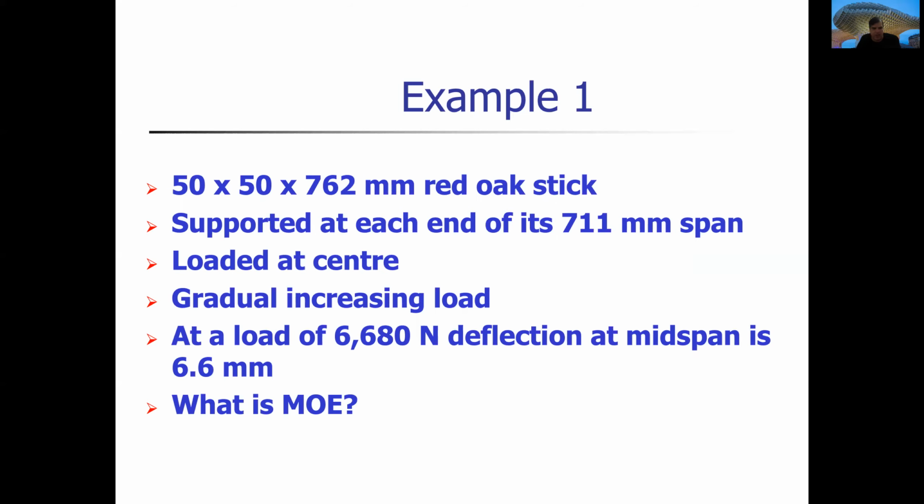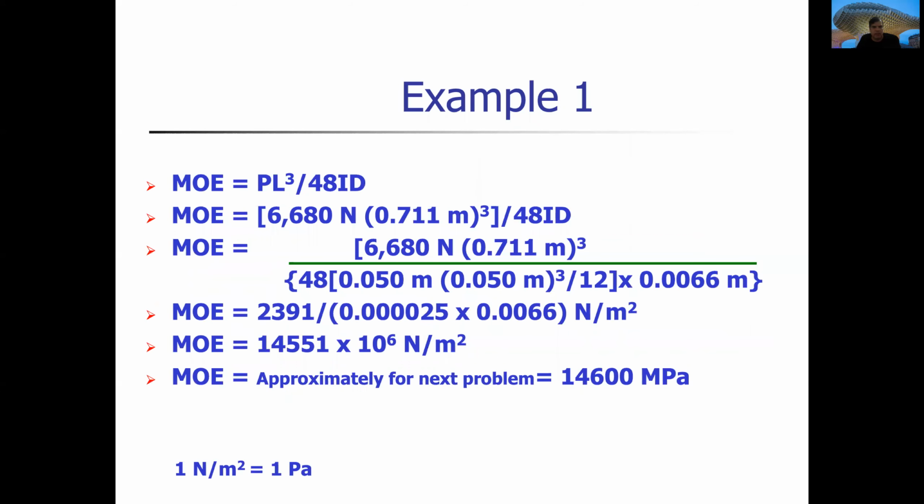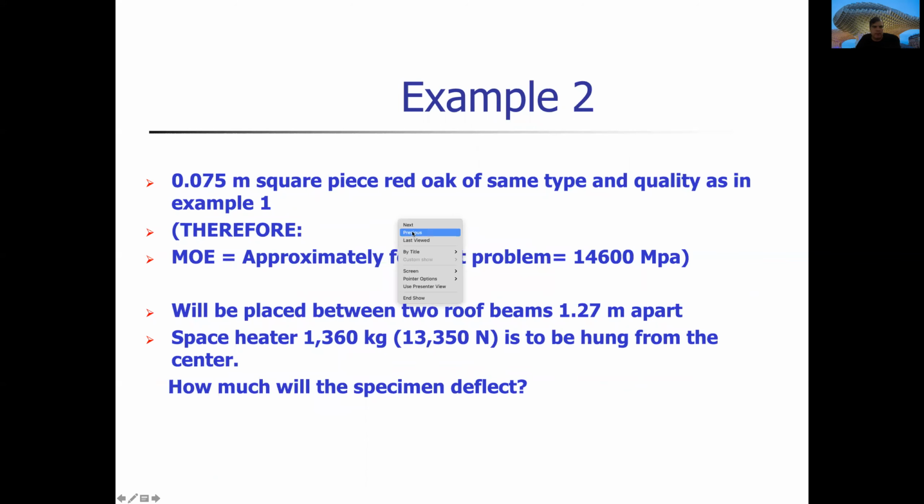What is the MOE? Well, this is the piece of wood. 711 millimeters is the span. The material is 50 by 50, it's a square. And the MOE has a formula that you will have in the test, and we just need to put in the force, that is 6,680 Newtons, multiplied by